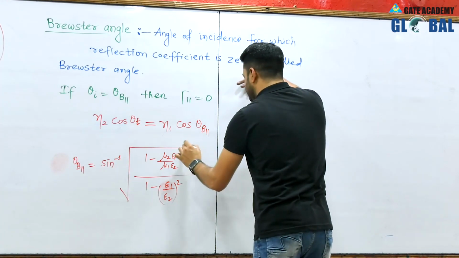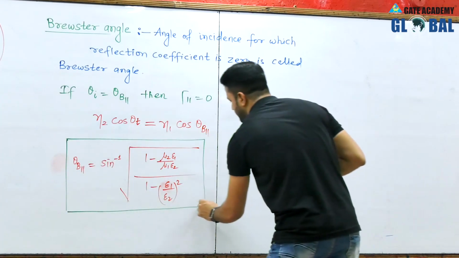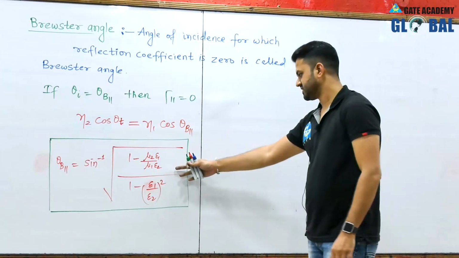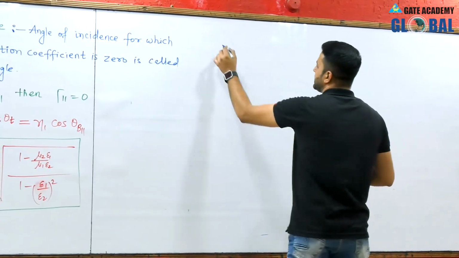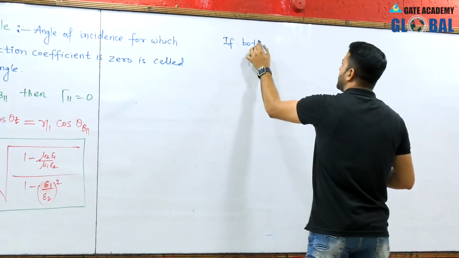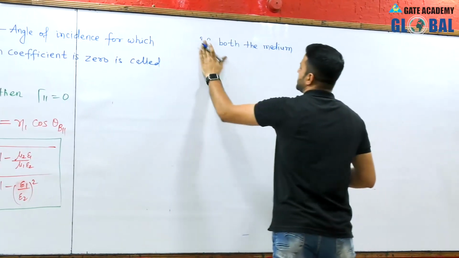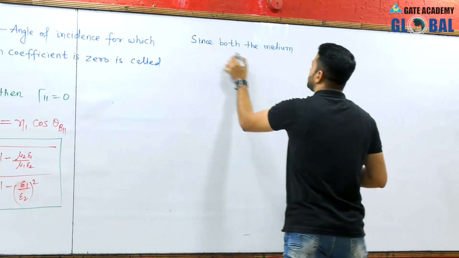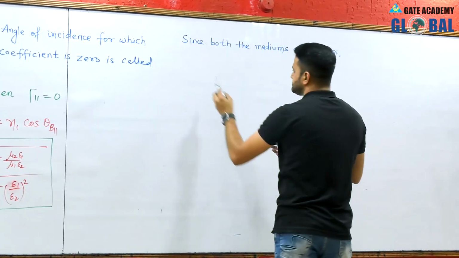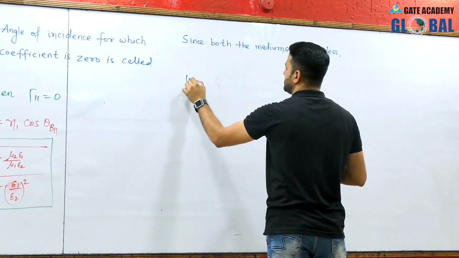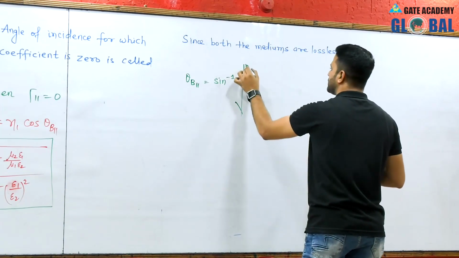This is the formula of Brewster angle. If you want to calculate the Brewster angle, you can use this formula. You can apply the values directly in this equation and you will get the Brewster angle. Now, since both the mediums are lossless, as we have considered, we can write theta B parallel equal to sin inverse root over,